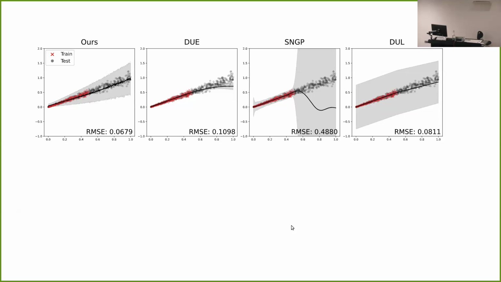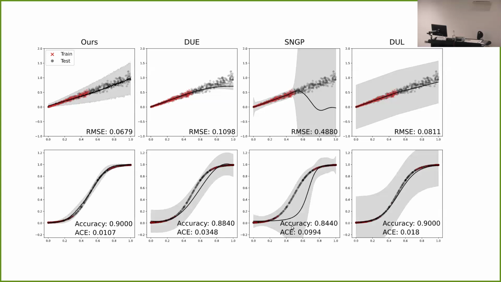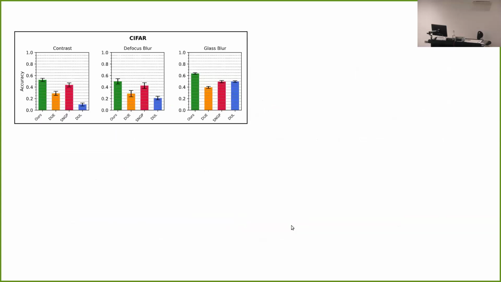And I have been selling you so hard on this weird idea, so I at least should show you that it actually works. As you can see here, what we have is just a simple heteroscedastic regression in one dimension. And what the uncertainty should look like is that it should go like a cone, because I truly have more variance in the data as x gets larger. Although there are many other ways to quantify uncertainty and to handle distribution shifts, the only one that actually captures this very simple, yet very complicated for a neural network, structure of covariance is the one based on the posterior. And we have similar results for other examples as well,